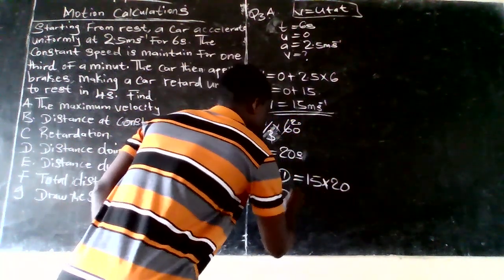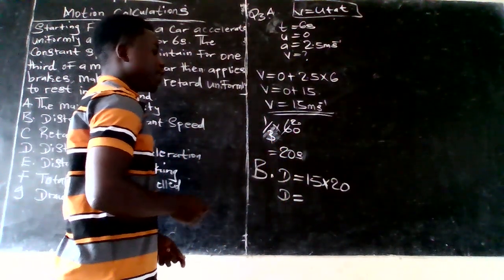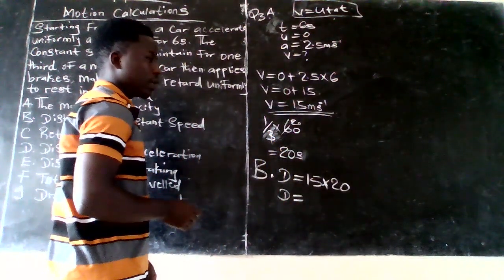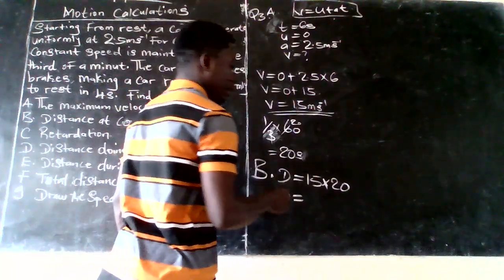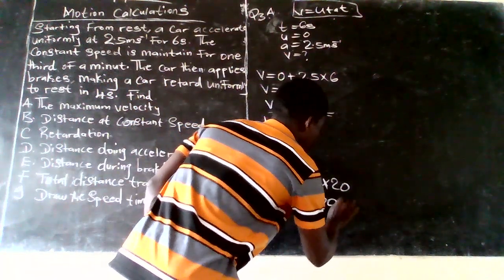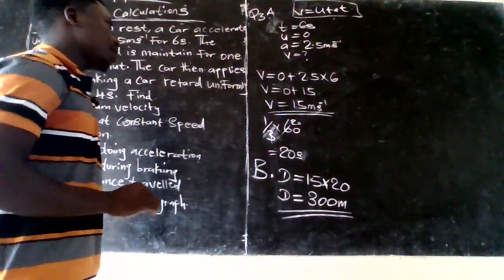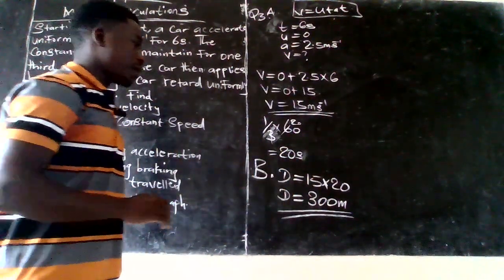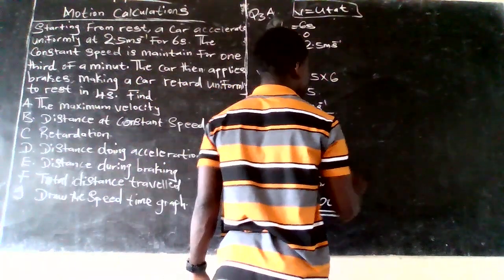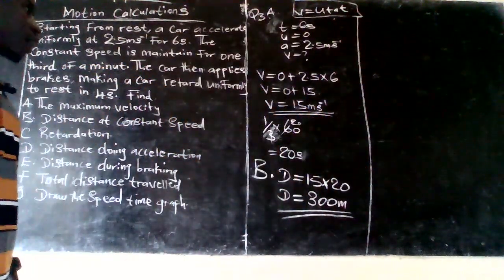So D equals 15 times 20, which is 300. So our distance here is 300 meters. Also, we are asked to find